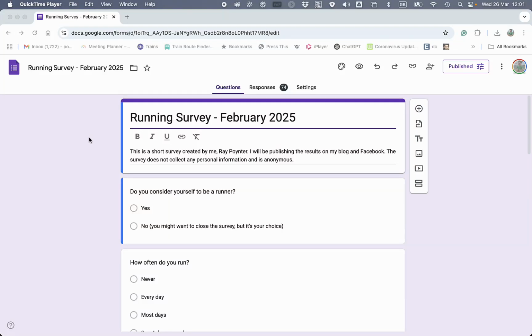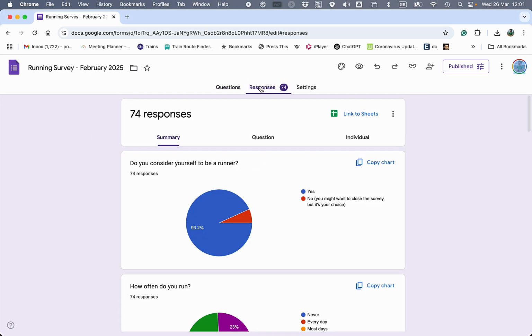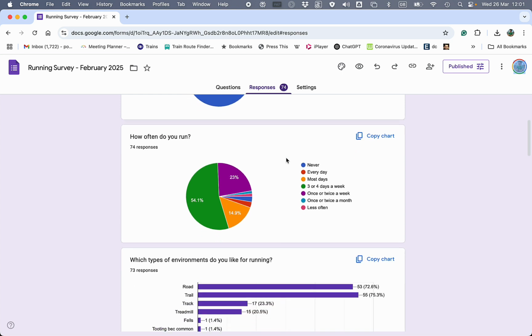So Google Forms is a really straightforward way of collecting some data. And here is an example. It's a survey that I created in February of this year, and it's looking at attitudes towards running. And we've collected some data, and I can go to the responses tab, and it's going to show me the